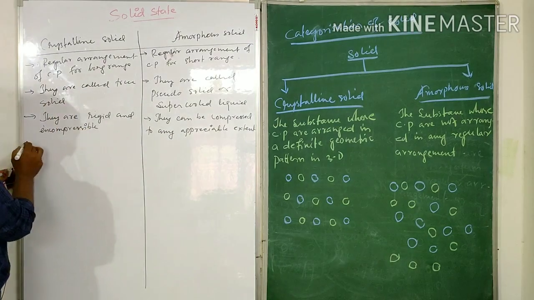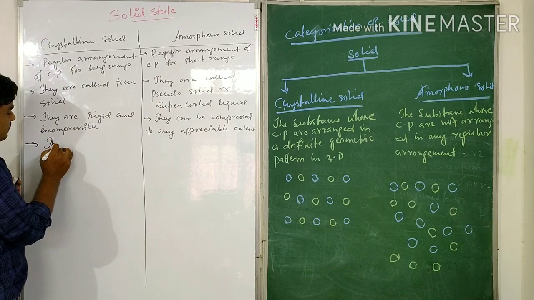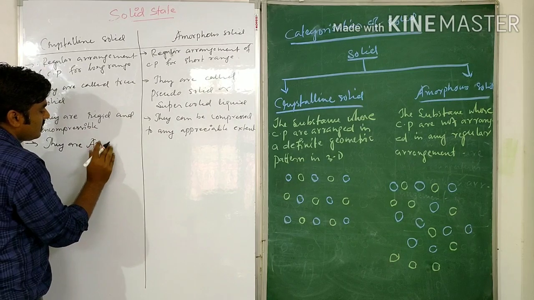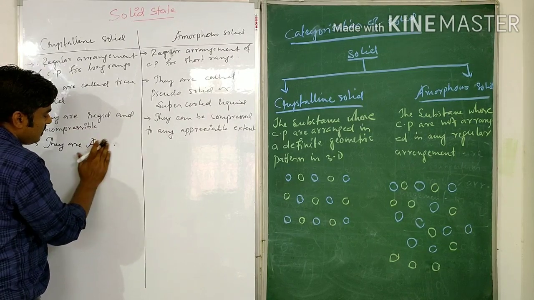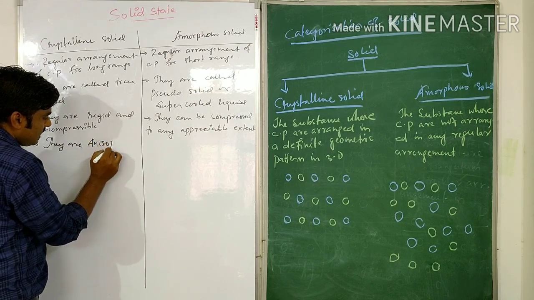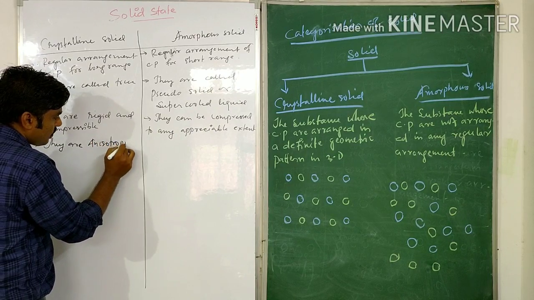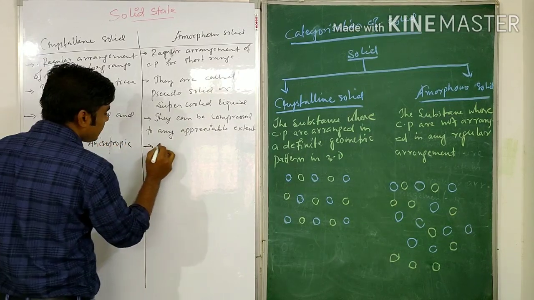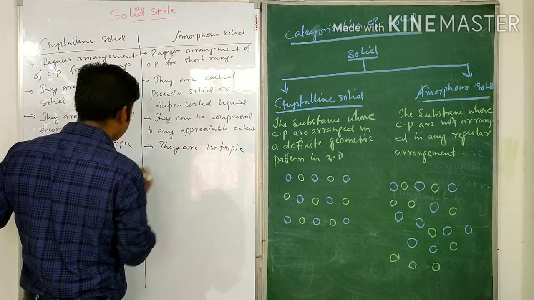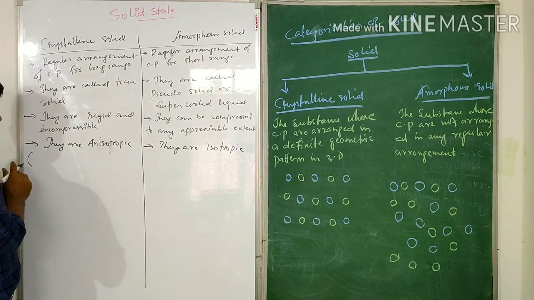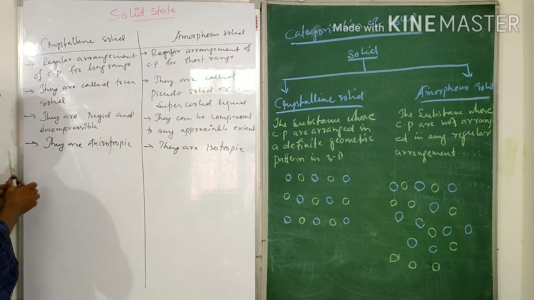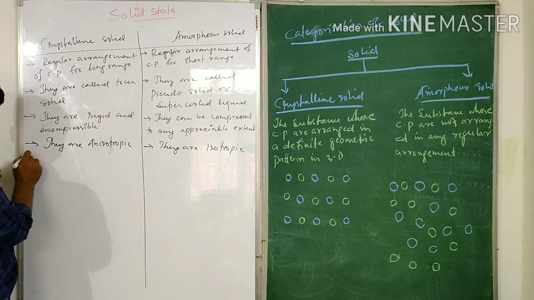Next difference: crystalline solids are anisotropic, and amorphous solids are isotropic. So here, what does anisotropic mean? Write it with a red pen, so it will be more distinct. Anisotropic means